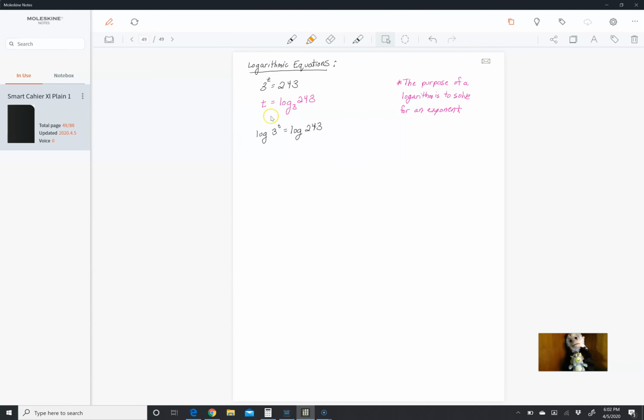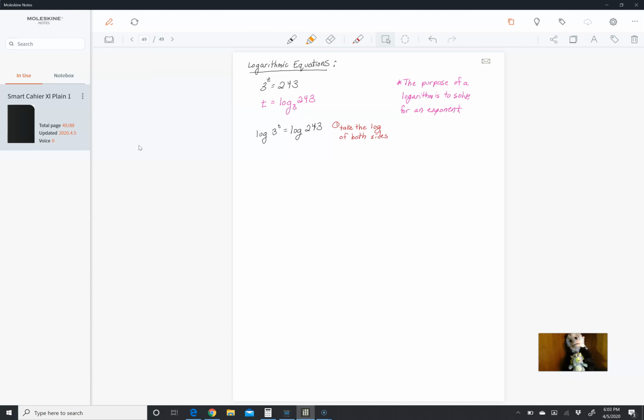Okay, this is another way of solving it other than just brute force, figuring out what 3 to the 4th is, what 3 to the 5th is. So what we're doing is we're taking the log of both sides. Now the next thing that we could use